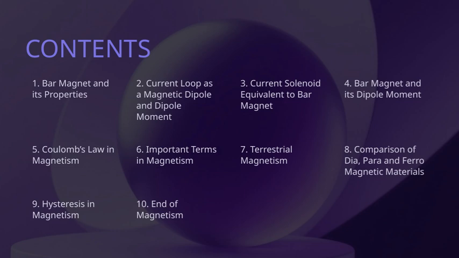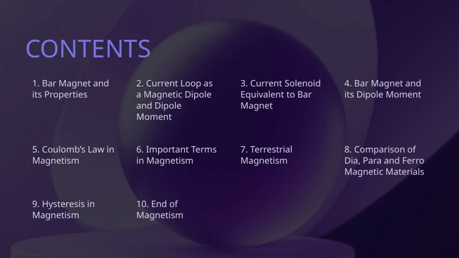Now, consider the current in a solenoid. When a current flows through a coil of wire, it creates a magnetic field similar to that of a bar magnet. In fact, a current-carrying solenoid can be seen as an equivalent model for a bar magnet, which simplifies the